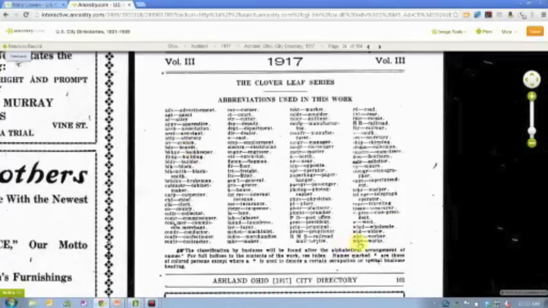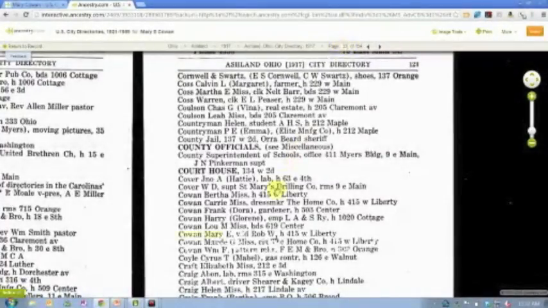You can have WKS for works, WID for widows, lots of different abbreviations here. So start to become familiar or look for this in the front of the books that you are looking at, but it needs to be that volume because, like I said, every city or every directory creator may have used a slightly different code for their abbreviations, and so what means something in one won't necessarily mean the same thing in another. So once I figure out what those abbreviations mean, then I can come back here to my image,